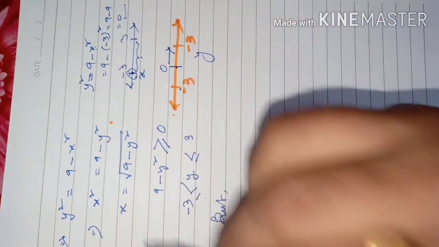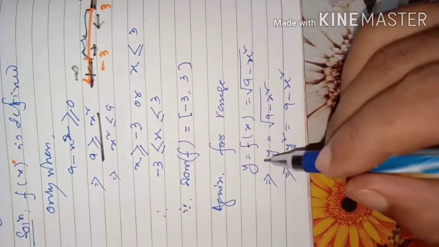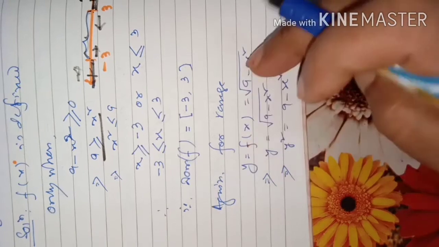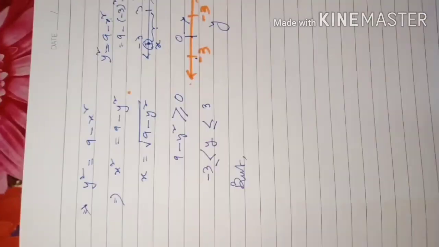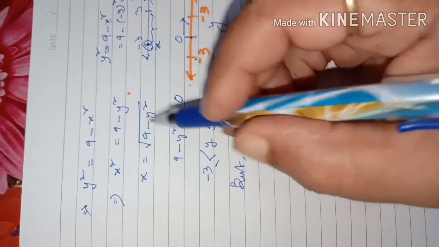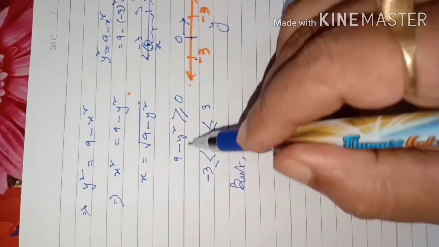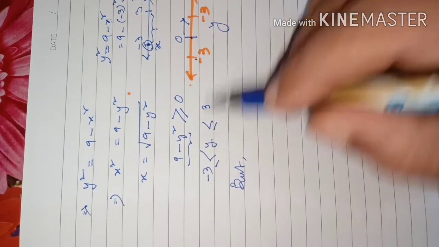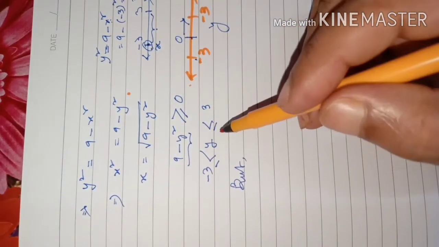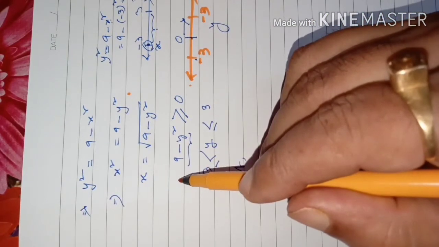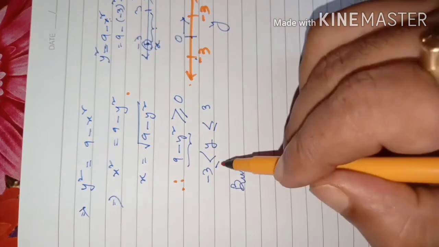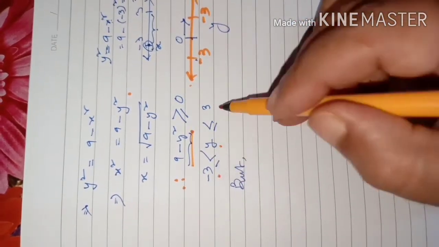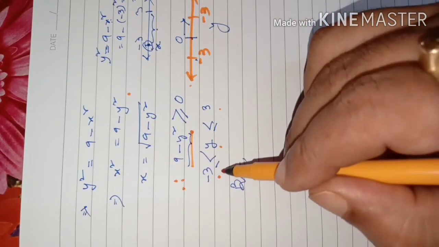Okay, students. So our second step is what? For range, we need to express the x in terms of y. For that, you just take the given function, and from there you isolate the x. After isolating the x from there, you just see how this y value is lying. Means it is lying between, or it is giving which values of real numbers. So now after this we understand that y lies between minus 3 and plus 3. But can we take this as a range?